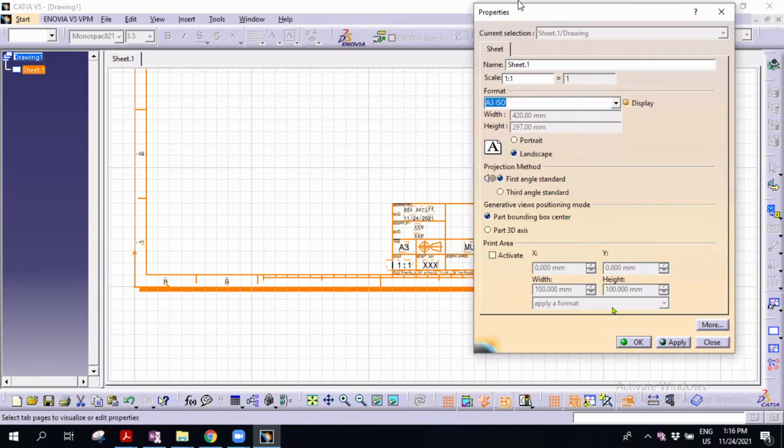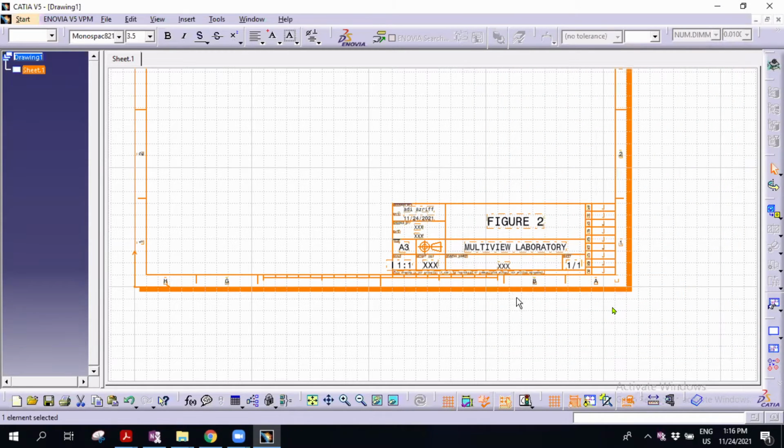Okay, now this is important. So, for example, I already changed to third angle. I want it to be a first angle. So you just select first angle here. You apply. When you apply, in your working view, it's already set as a first angle. But in your title block, the symbol still remains as a third angle. So in order for you to change this one,